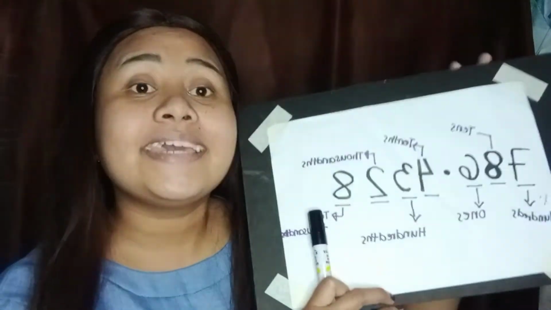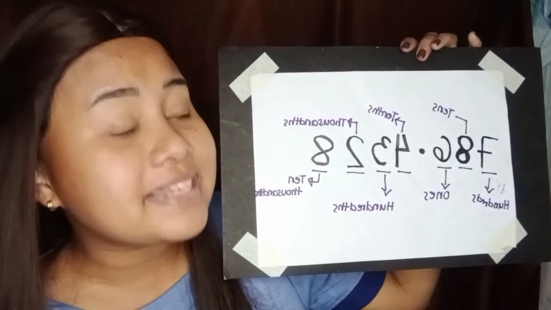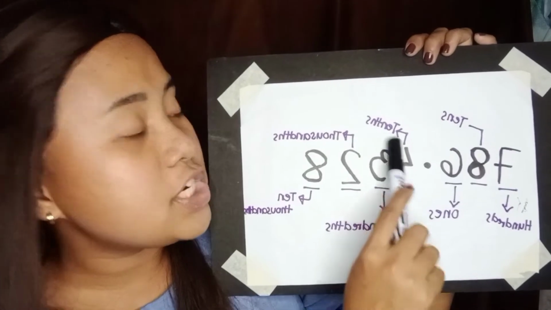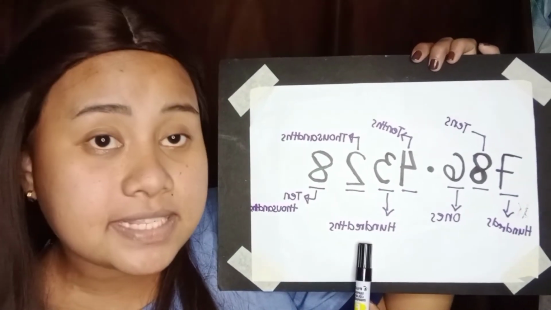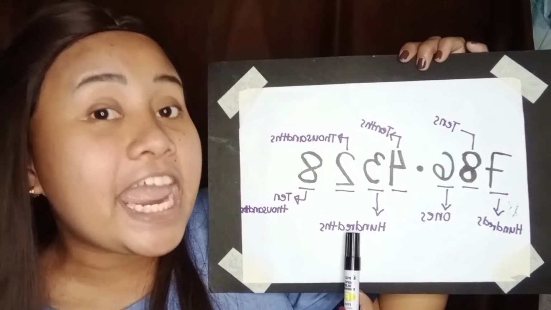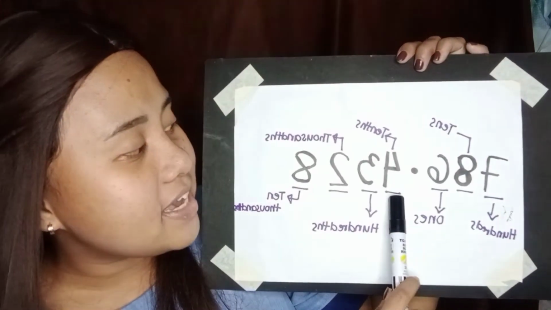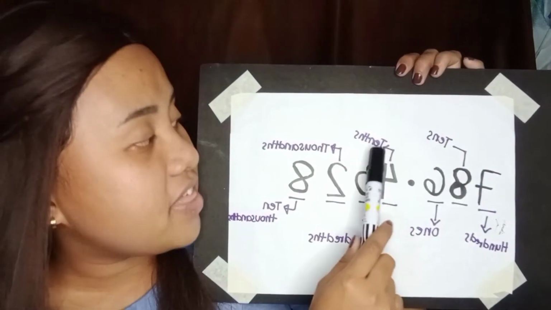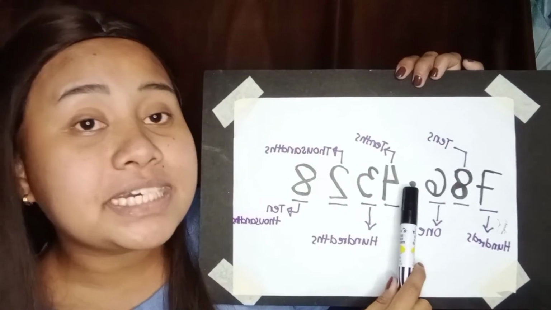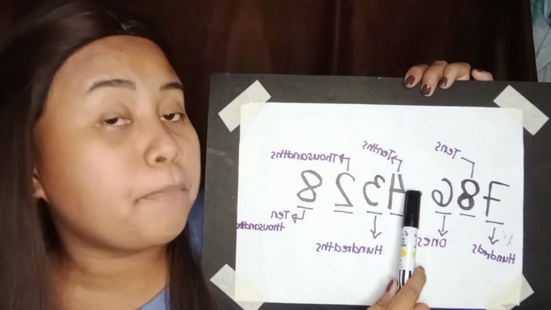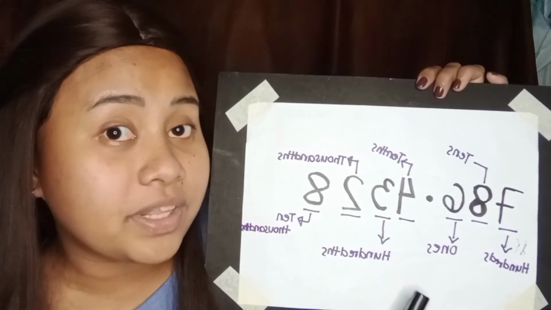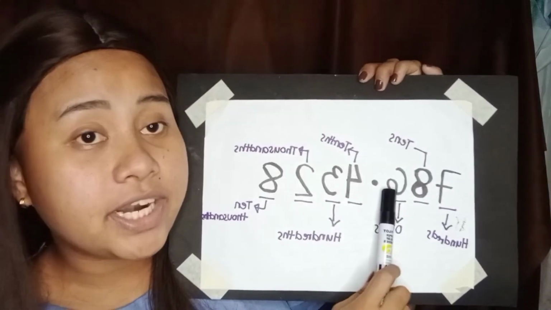Again, it is all about decimal place value. Next is our 3. The position of 3 here is our hundreds, hundredths. Next is our 4. Our 4 here is our tens, because after the decimal point, the places are the tenths, the hundredths, with the THS. The next one here is